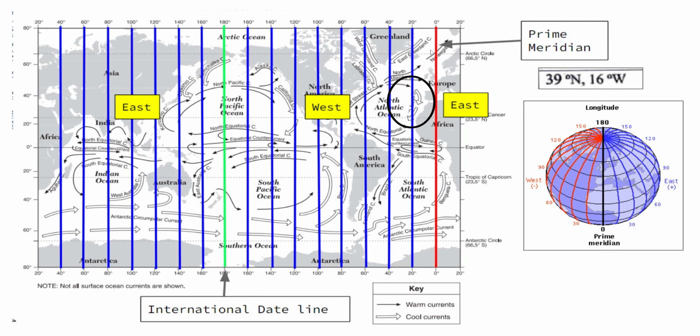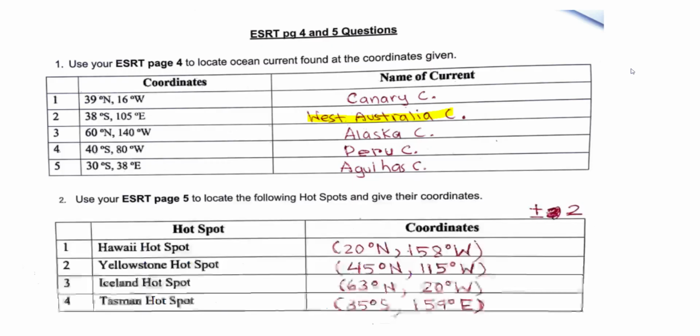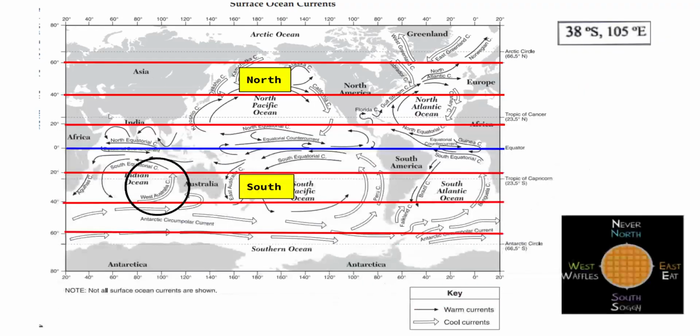So Canary Sea is around 16 degrees west of the prime meridian. That's why your latitude is 39 degrees north, your longitude is 16 degrees west. Number 2 is West Australia Sea. West Australia Sea's latitude is 38 degrees south. So West Australia Sea is around 38 degrees south of the equator, and it's 105 degrees east of the prime